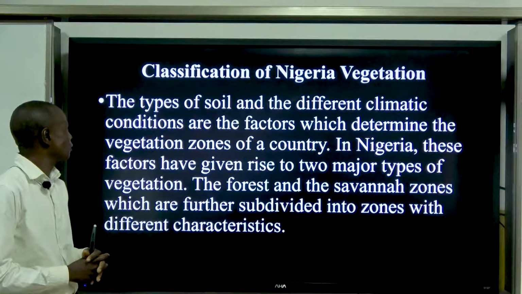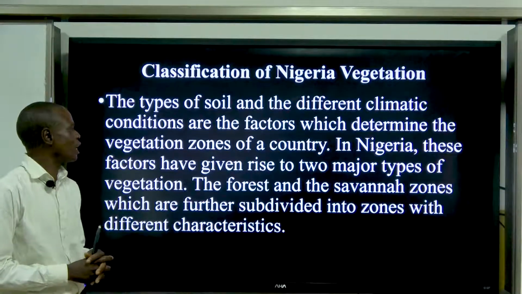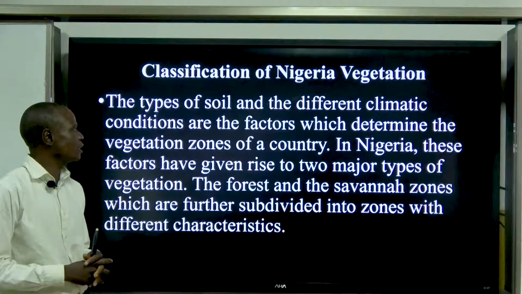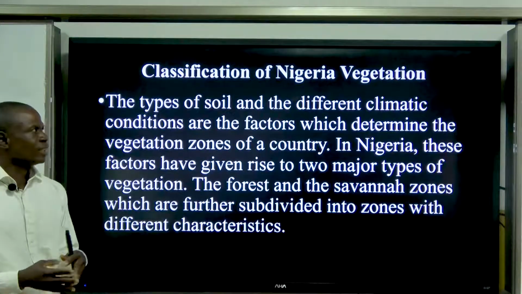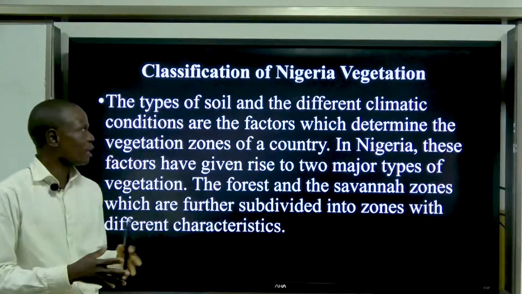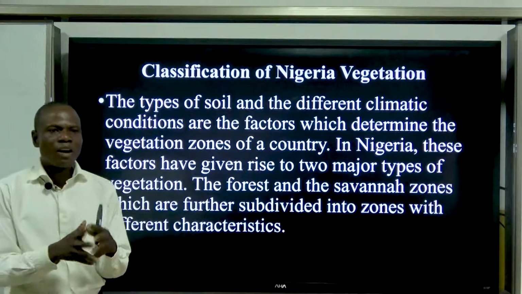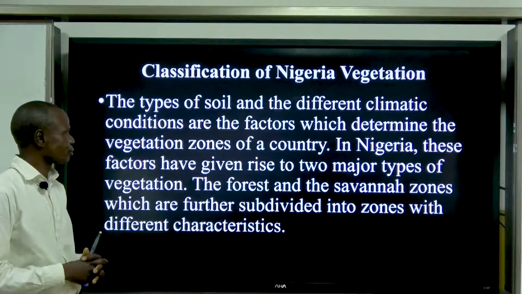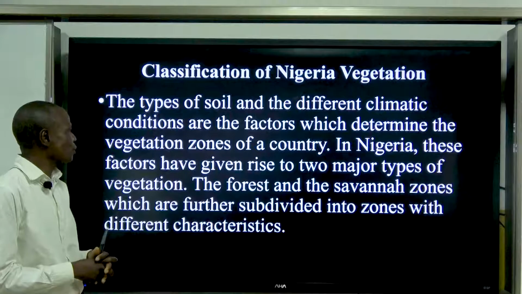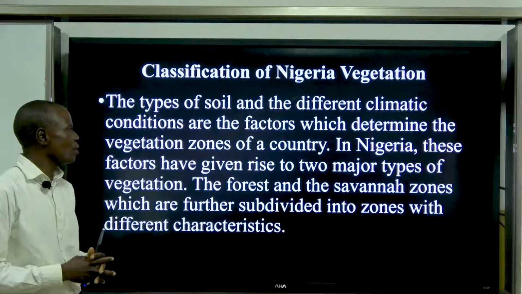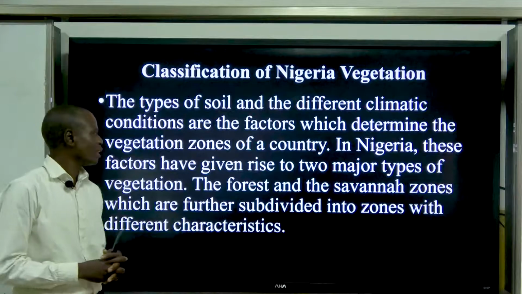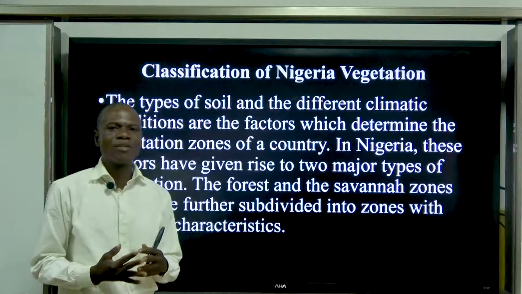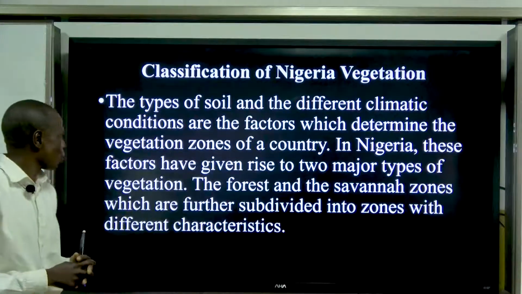Classification based on vegetation. The types of soil and the different climatic conditions are the factors which determine the vegetation zones of a country. Yes, the type of soil and the climatic condition found in the country determines the vegetation of that country. In Nigeria, these factors have given rise to two major types of vegetation. Yes, the forest and the savanna zones. We have the forest and we have the savanna zones in Nigeria,